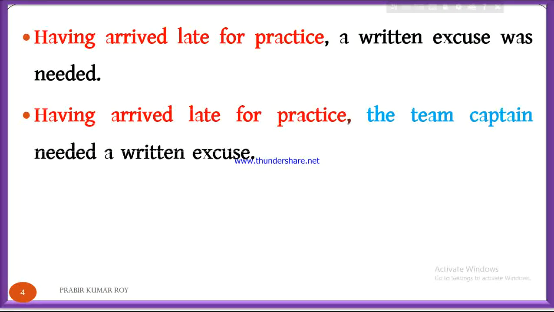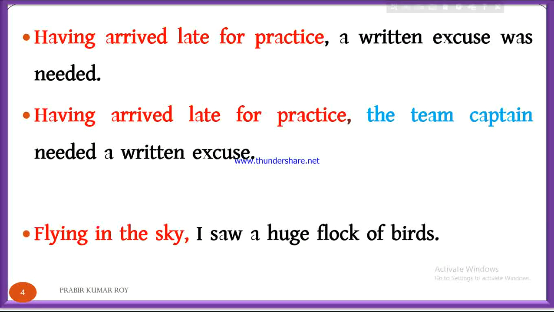Now let us go to the next sentence. Flying in the sky, I saw a huge flock of birds. Actually, the sentence confuses the reader because a human being cannot fly. Flying in the sky, this modifier is placed just before the word I. So flying in the sky modifies I. Actually, a human being cannot fly in the sky. So flying in the sky is a